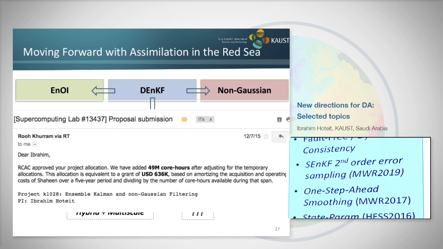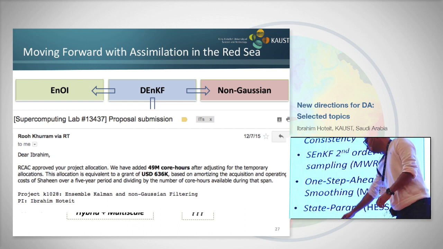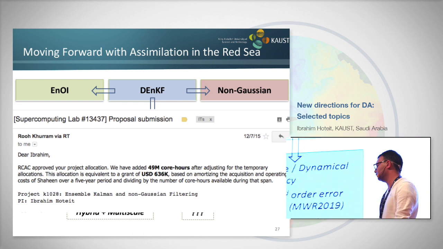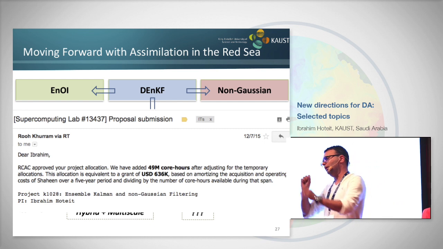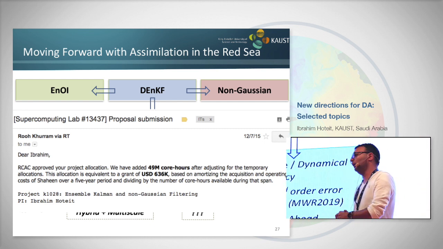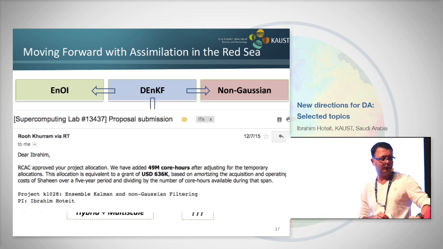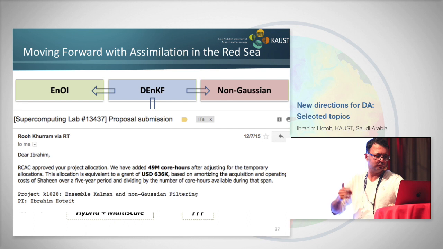State parameter estimation is something we want to do, and we're working very hard now on coupled systems. So now we coupled the ocean MITgcm with WRF, working with the Scripps people. We have an ensemble with MITgcm. We're working on an ensemble with WRF. And once we get these, hopefully next year, we'll start working on coupling the two ensembles and start trying the system. Of course, we want to move to non-Gaussian, but also